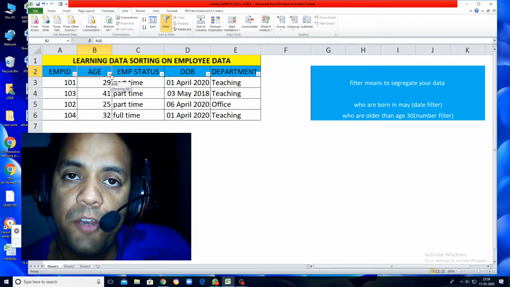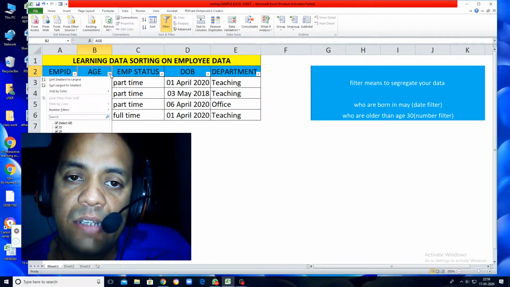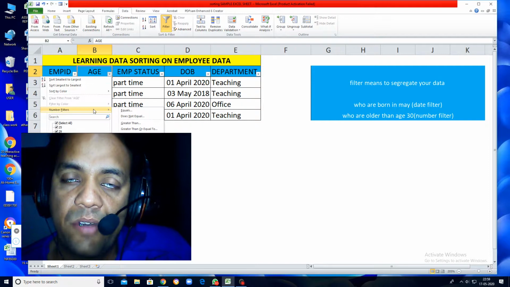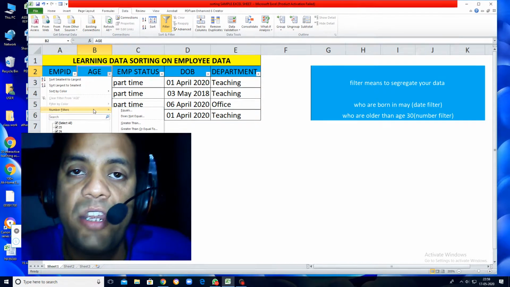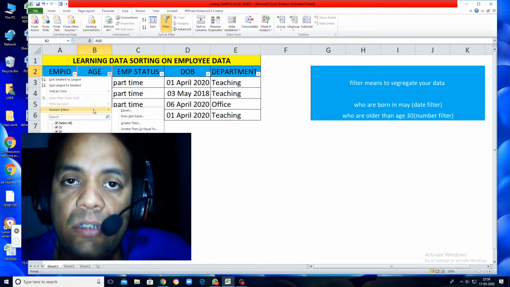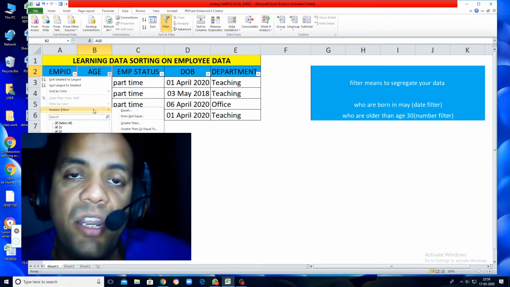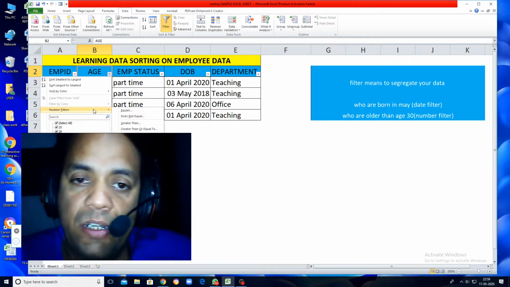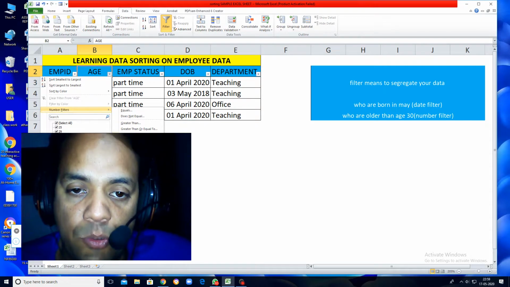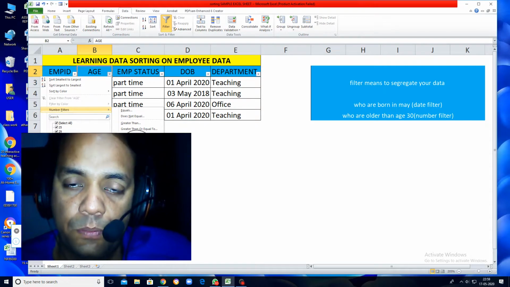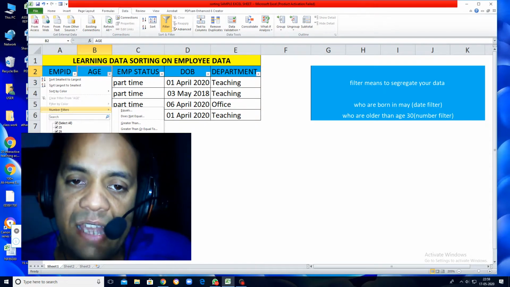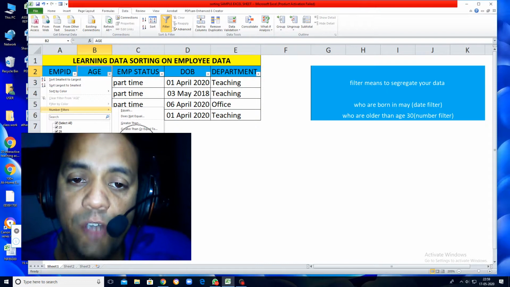The drop down menu will come. Under this drop down menu, I will use the Number Filter. See, my question is to show only the employee records of age between 21 to 30. So I will use the Between option. We have less than, we have top 10.